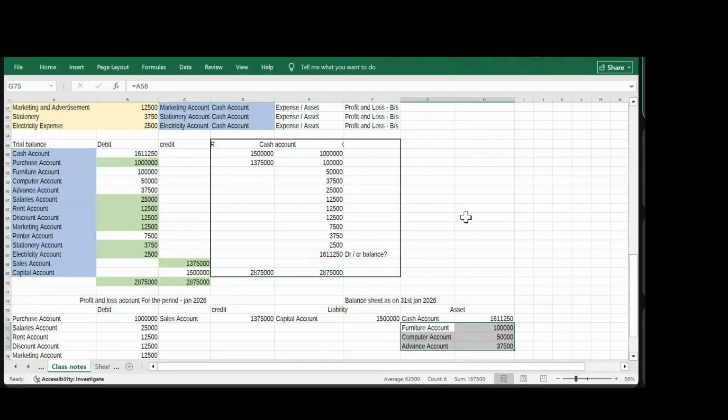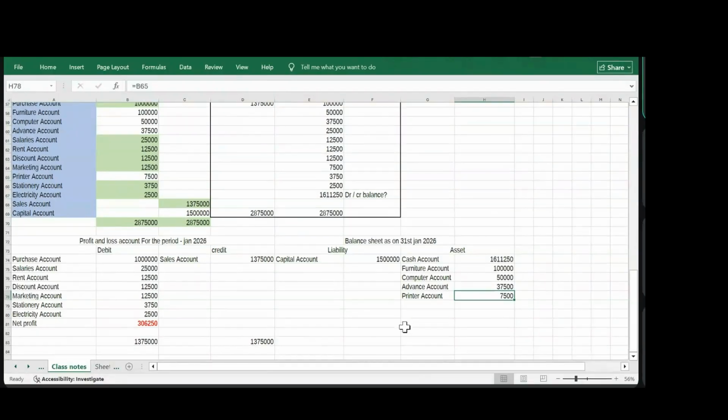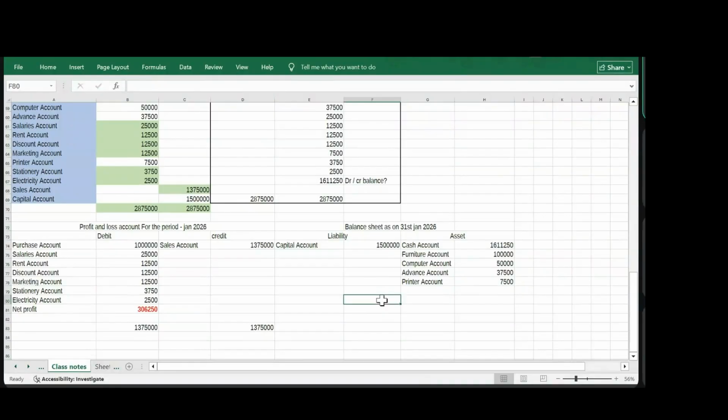Computer, advance account, then we have our printer. Now, after the printer, anything else you have? Capital account we have taken. So all these are there. Now, here, if I take a total now,